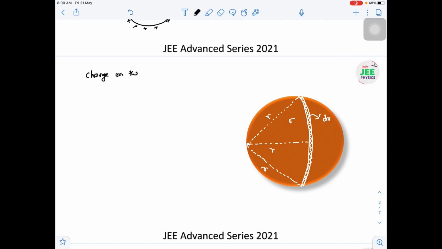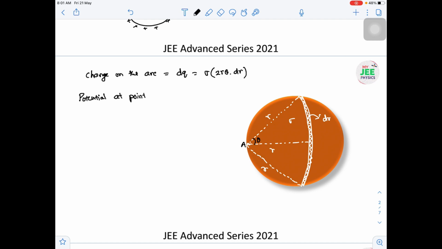So then what is the charge on the arc? Charge on the arc, which I'm writing as dq, is sigma into, now let us say this angle is some alpha, or theta. Let us go with theta, that's better. I'm taking this as theta. Then what is the length of the arc? The length of the arc I'll get as 2r theta, multiplied with the thickness, which I have taken as dr. Hope you understood. This is the charge on the arc. If this is the charge, directly I can write down the potential at this point, let us say A. Then what is the potential at point A?